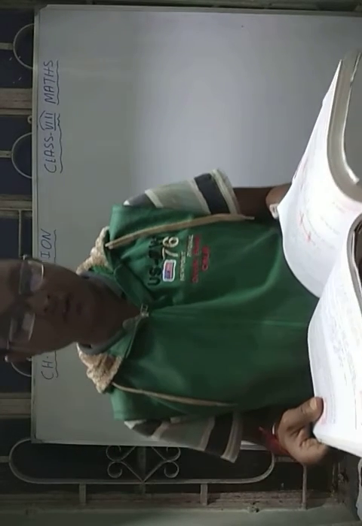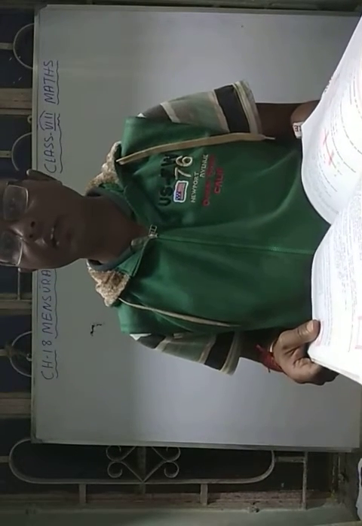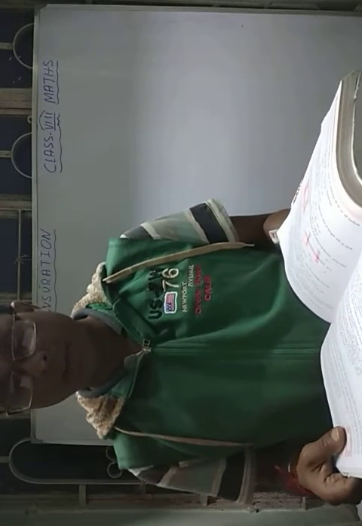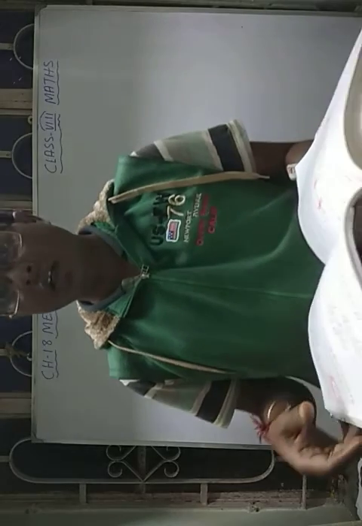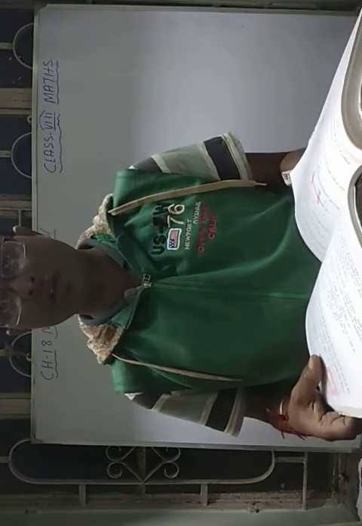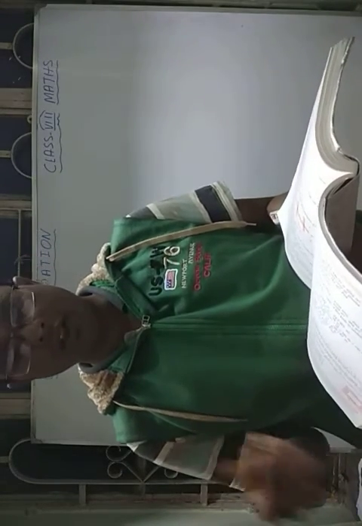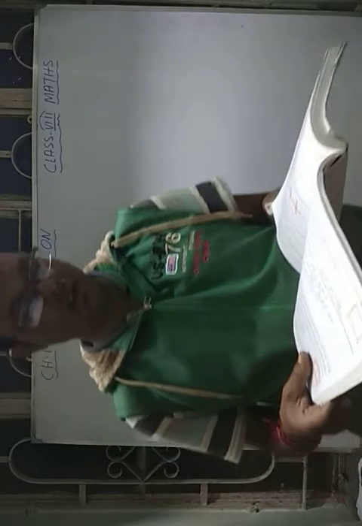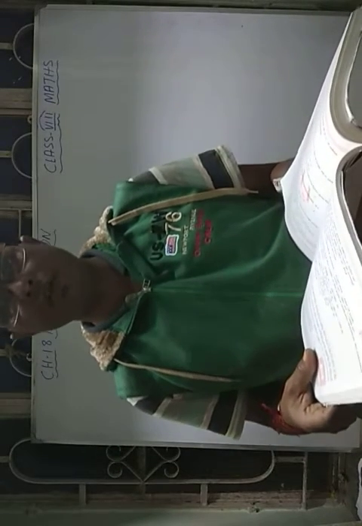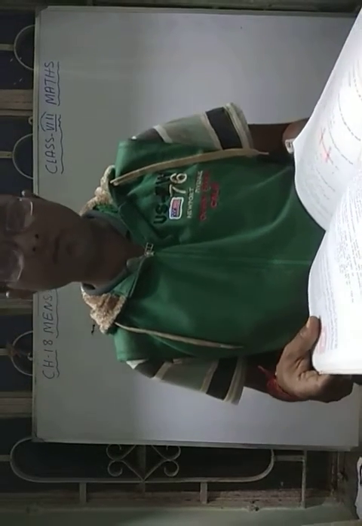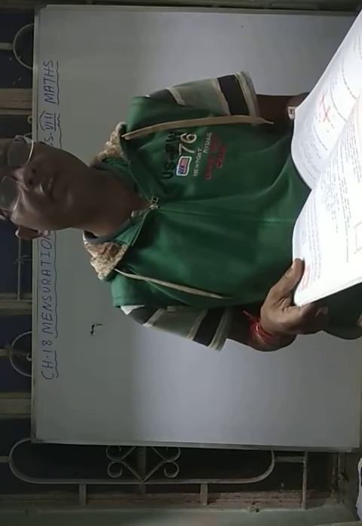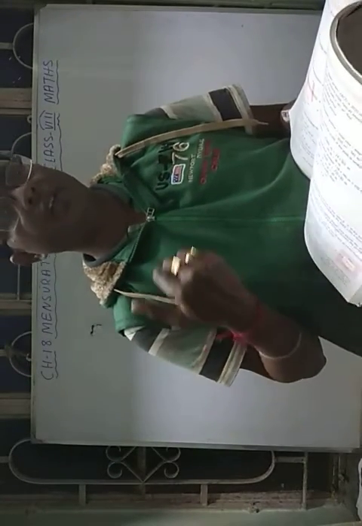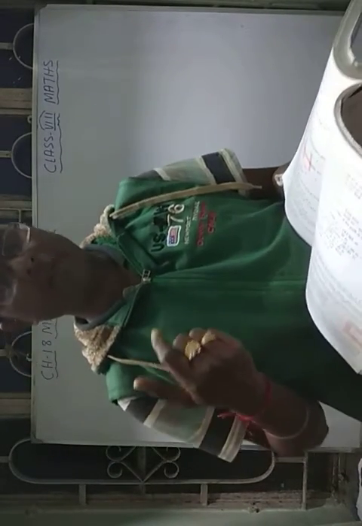Okay, so the question is given here. The ratio of length and breadth of the rectangular field is given as 9:5, and the area of the field is also given. Now you have to find the total cost of constructing a boundary or fence around the field at the rate of rupees 3.25. To find the total cost of the boundary, first of all we have to find the perimeter of the field, because a boundary is always done along the periphery of the field.